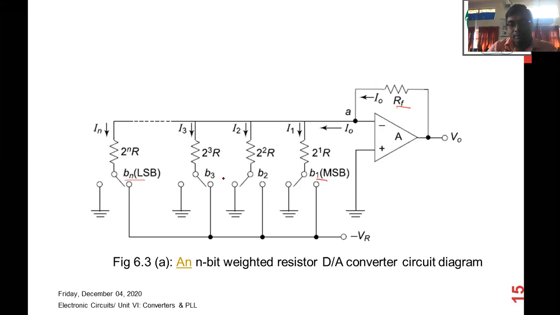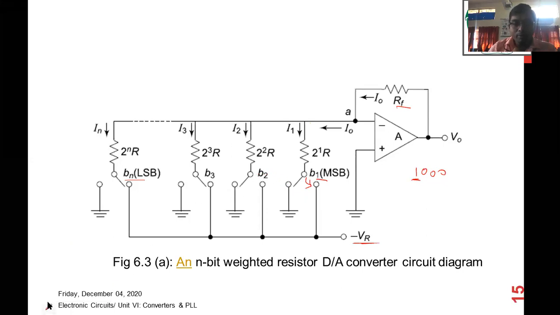And you can see here the bit terminals B1, B2, B3 up to Bn would be switching between the full scale voltage minus VR or ground signal. Okay, which would depend upon the bit positions from LSB to MSB. Suppose there is 1 0 0 0, a 4 bit, we have to consider. The MSB is here 1, means B1 would be connected to the minus VR, and the rest of the bits would be connected at that moment to the ground signal.